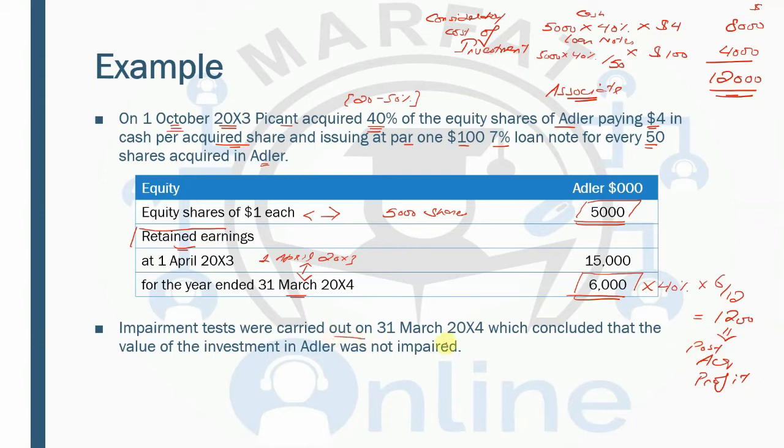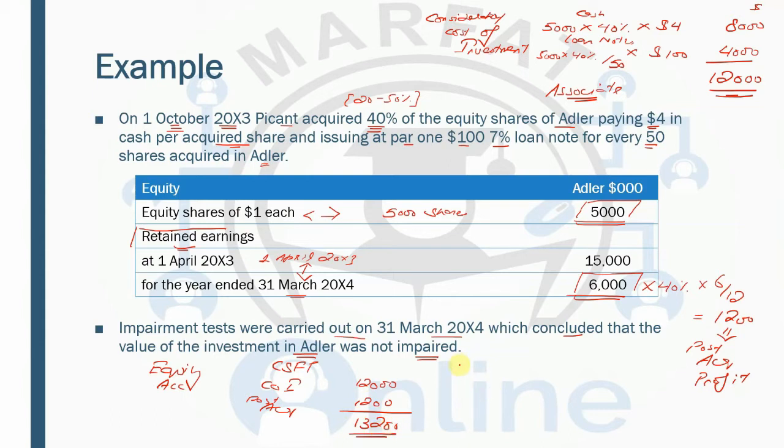Impairment tests were carried out on 31st March, which concluded that the value of the investment in Adler was not impaired, so there is no impairment. So when you do equity accounting, in the consolidated statement of financial position, there will be cost of investment, which is 12,000, plus post-acquisition share, which is 1,200. So that means 13,200 is the figure which will be recorded in the consolidated statement of financial